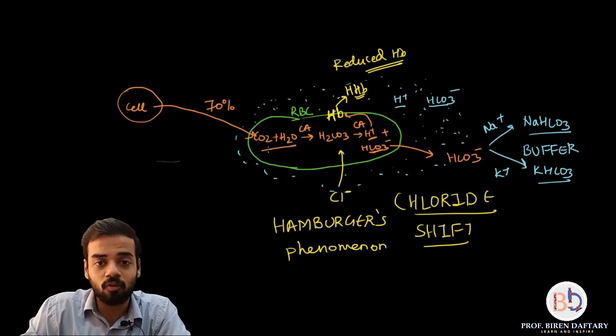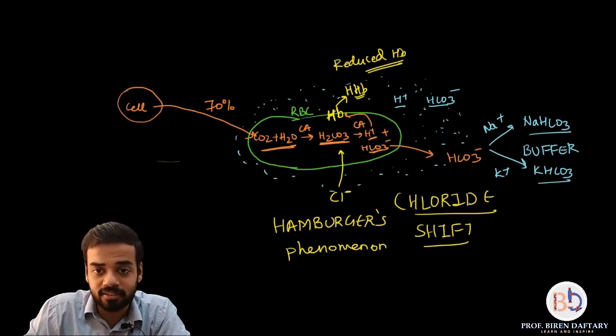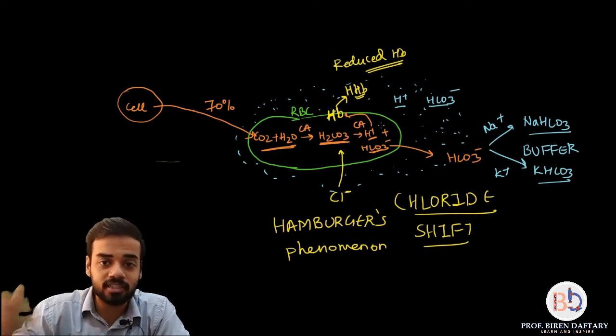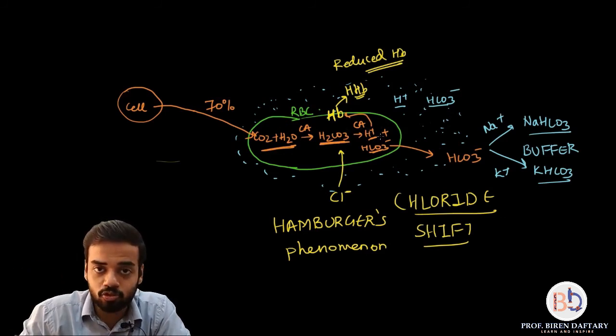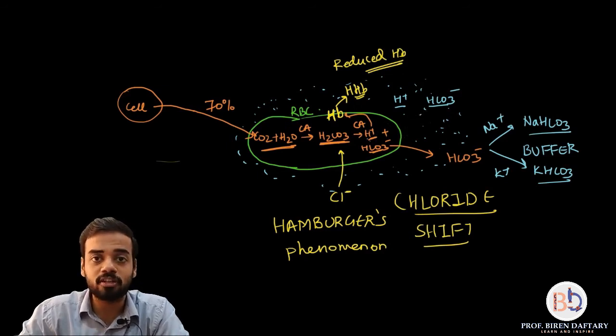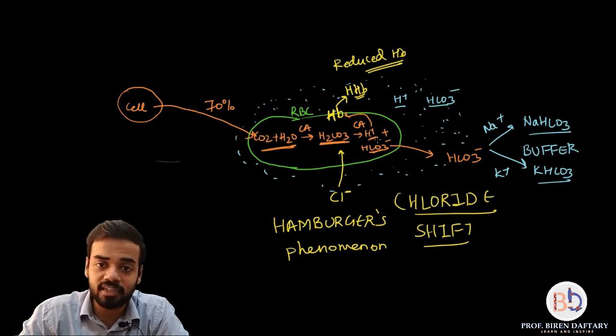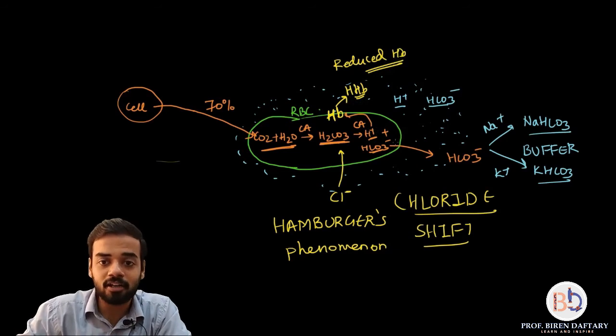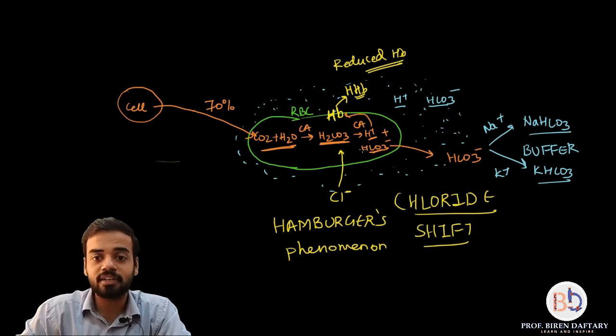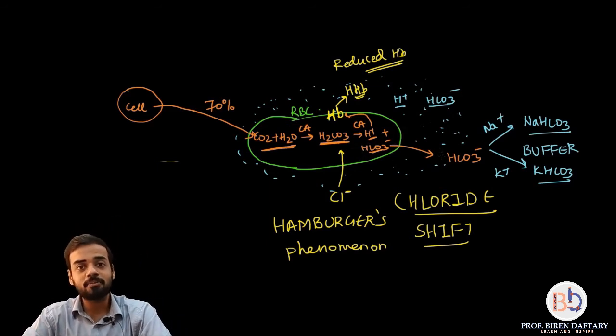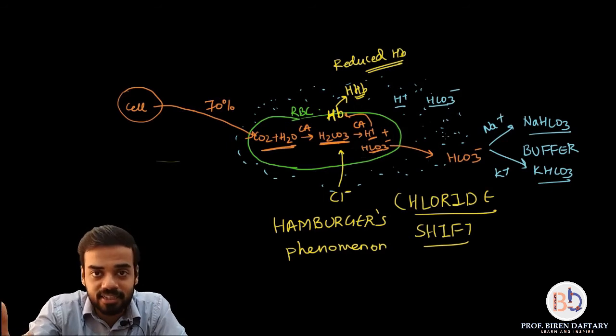It dissolves in the water present inside the RBC to form carbonic acid. Carbonic acid dissociates to form proton and bicarbonate ions. So their concentration keeps on increasing inside the RBC. So diffusion occurs because a gradient is created. Now protons which are produced extra, they do not diffuse out because they go and bind with hemoglobin to form reduced hemoglobin. But bicarbonate ions cannot bind with anything, so they go out in the plasma. So when those bicarbonate ions are leaving the red blood cell, the red blood cell is losing its negative charge.